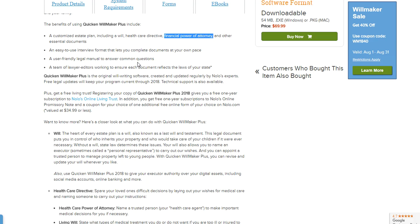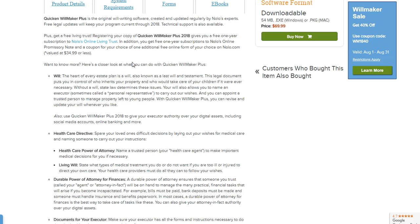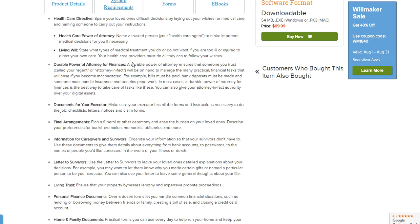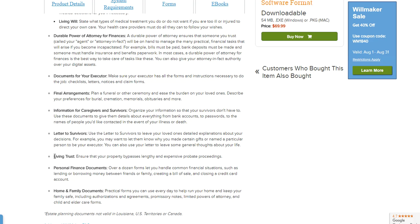And then you get into healthcare directives and powers of attorney. And for example, with a financial power of attorney, a bank is not going to accept it if it doesn't meet the specific state laws, and so you really need to make sure that you comply with all of these things. So anyway, the program has a ton of stuff,